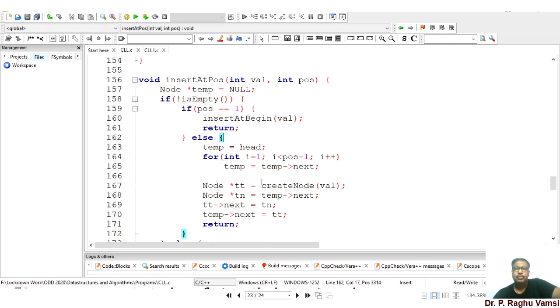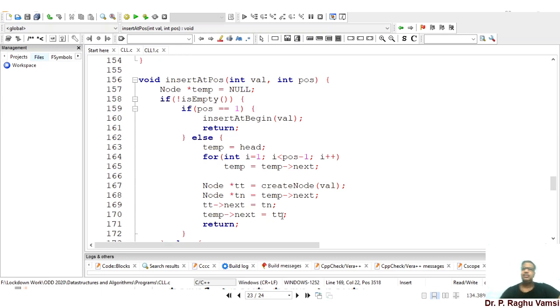The node's next should be position minus 1's next, and position minus 1's next should point to the new node. So the same thing is typed here: node star tt is equal to create node value, and node star tn is equal to temp next, tt next is equal to tn, and temp next is equal to tt.